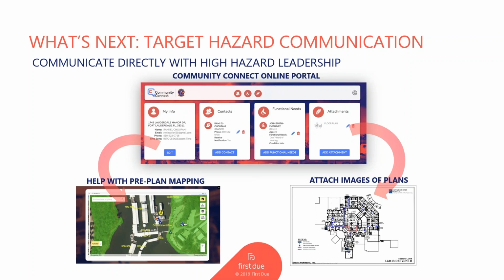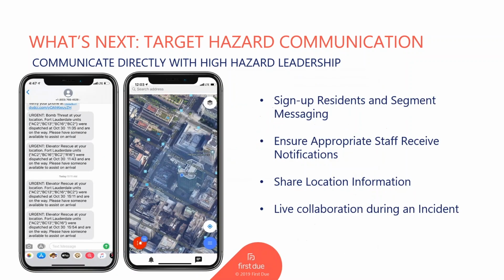And then all of the data that's put into that occupancy organizer, we've expanded our Community Connect, allowing for our commercial building owners and managers to create a Community Connect page for their structure and put specific data that would help with the mapping, and also attach images that they want and attach contacts for their structure. But we've taken that one step further, and we now have bidirectional communication with those property managers and